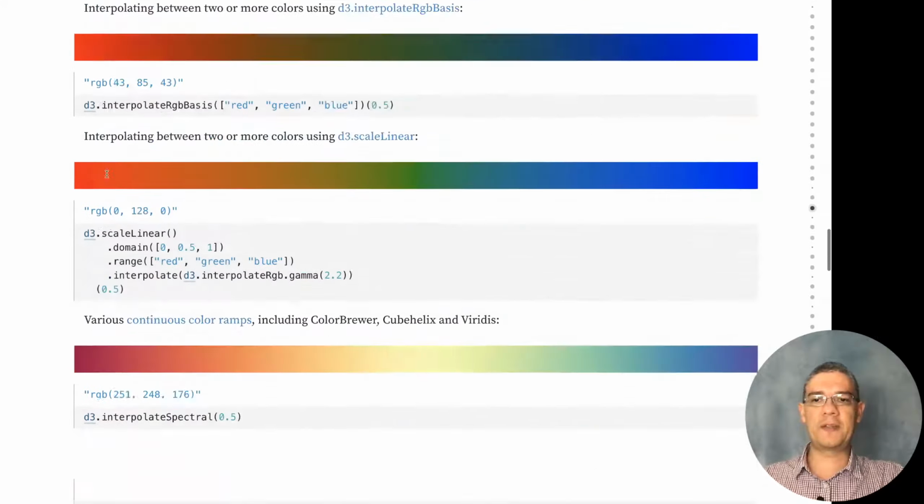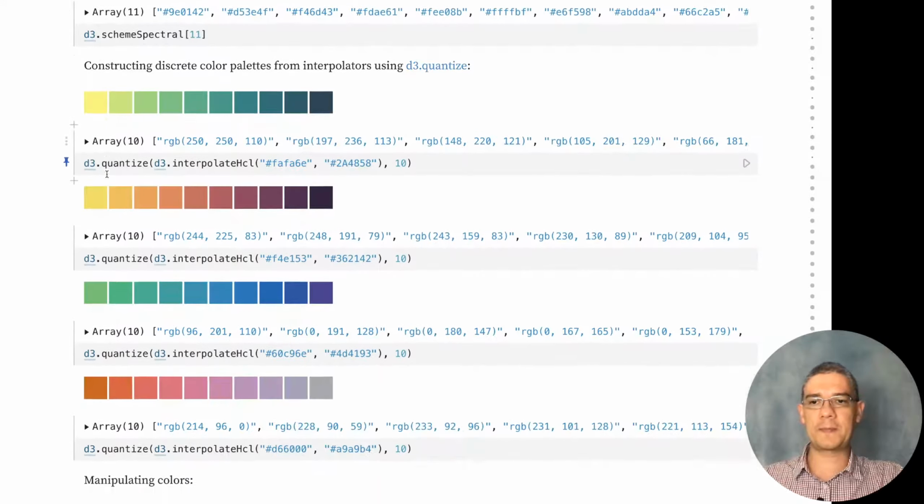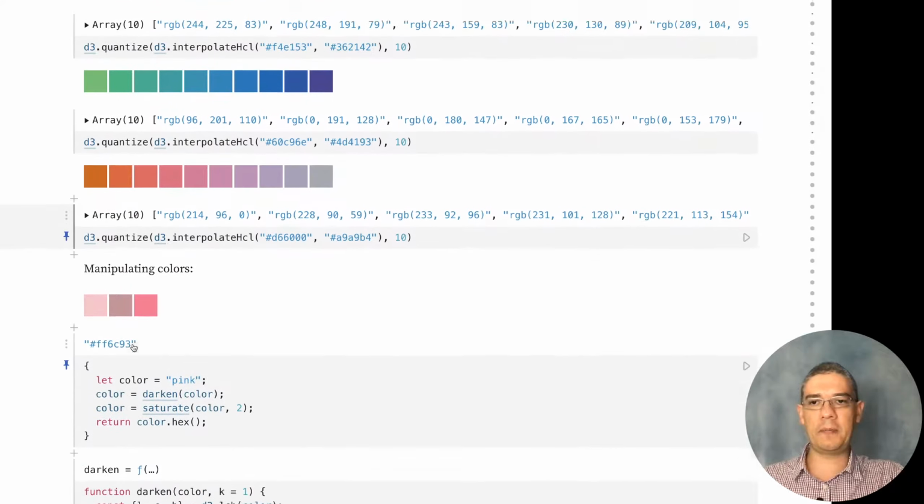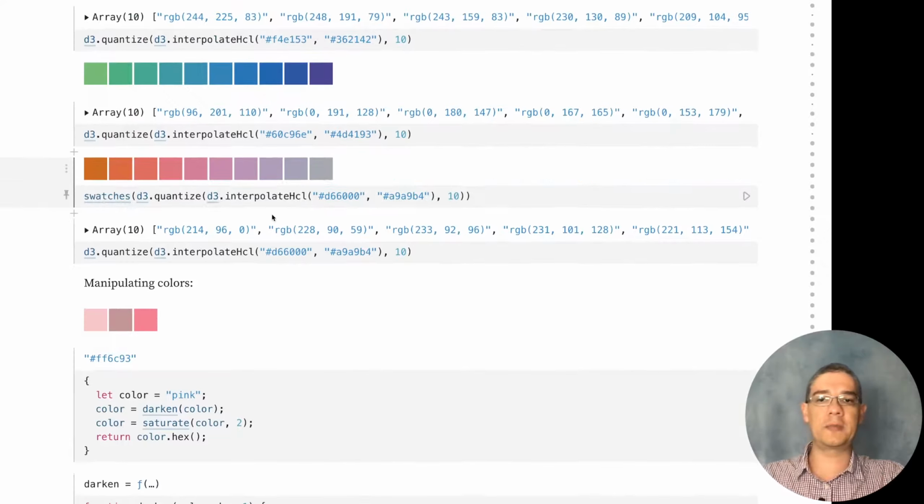But for instance, one of the tricks I like the most of this is that you can quantize a continuous scale. I've been using that trick a lot whenever I have a visualization that needs color for a categorical variable, but I have a lot of them. So for that, you can use something like this one that's interpolating in HCL, but you can also do that with something like, for instance, interpolate